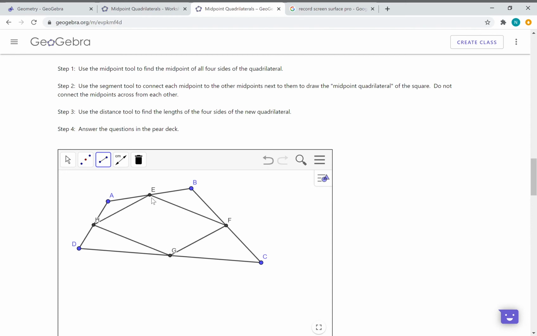All right. And again, it says do not connect the midpoints across from each other. That means I don't want to connect E to G. And I do not want to connect H to F in this case. Now, if you make a mistake, there is a delete tool that you can use, and you just have to click on it and it will get rid of it. But what you want is a quadrilateral whose vertices are the midpoints of the sides of the